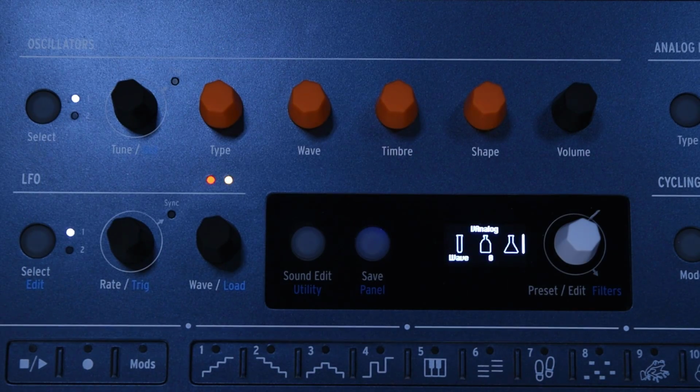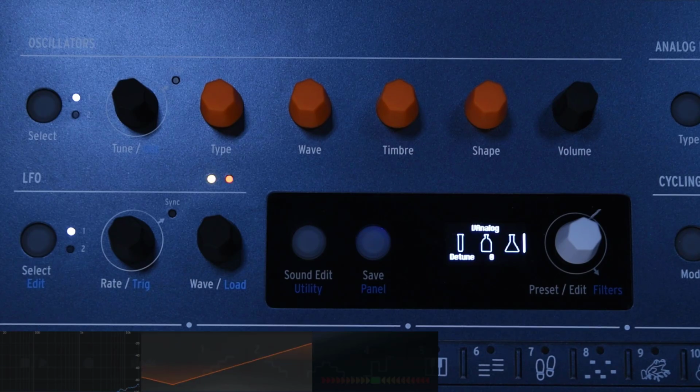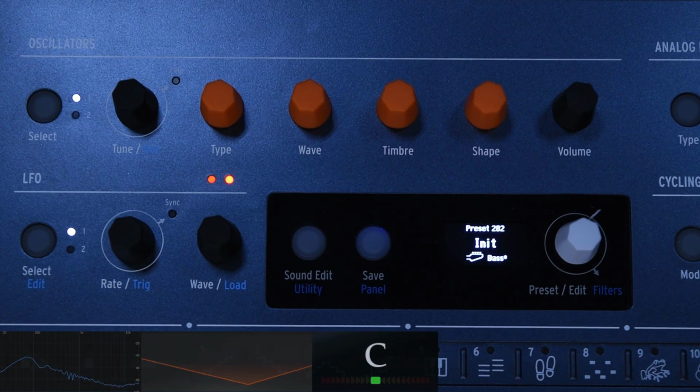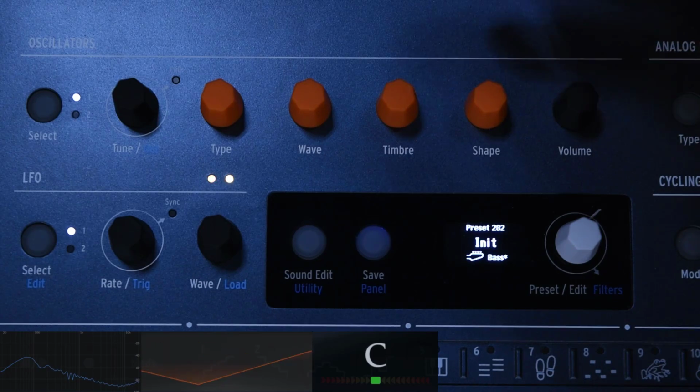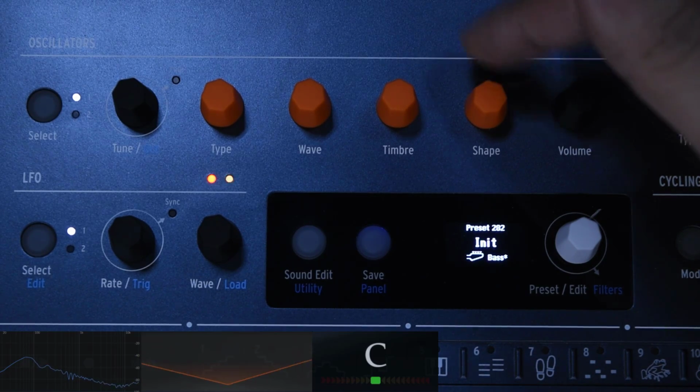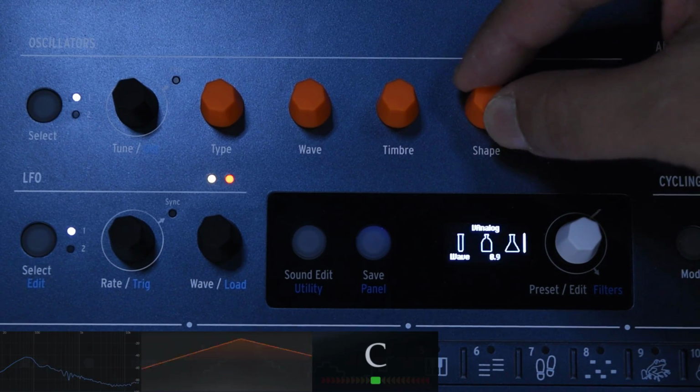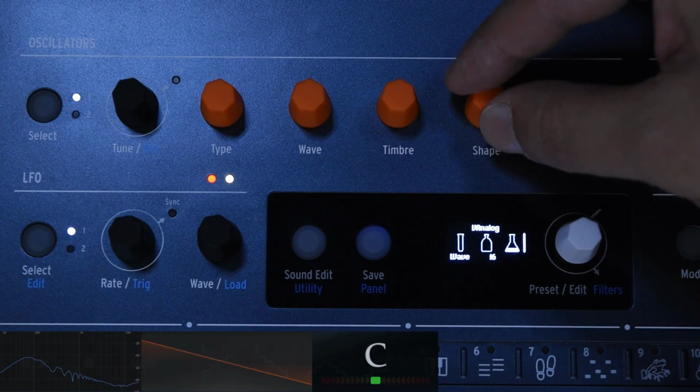In this case, all the way down. If I play a middle C, what we get is a super low triangle. That's fine. This is what we get, but it's super low in frequency, and I'm gonna keep pressing the middle C. Now the main one right here is gonna be the shape, because this one changes the waveform from a